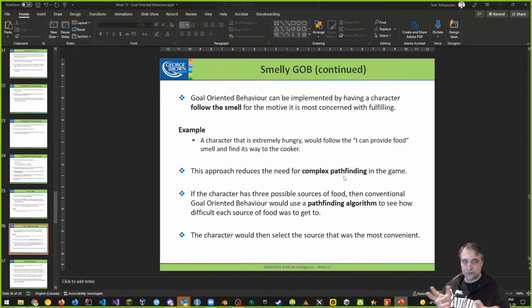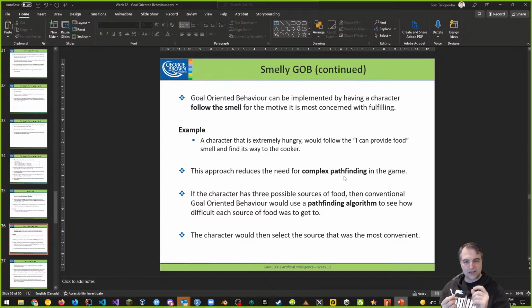So I have like 3 different sources of food. That one's farther away, or maybe it's more complex. We can actually put it inside, the time it takes, the discontentment that's going to go up, and all that kind of stuff. We can create an algorithm where we use the difficulty. We kind of create a difficulty rating